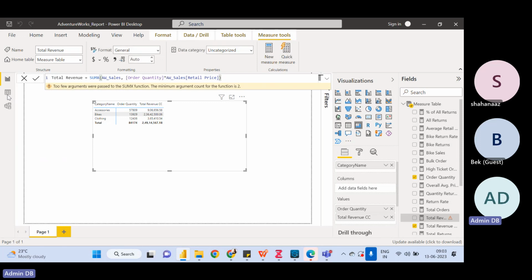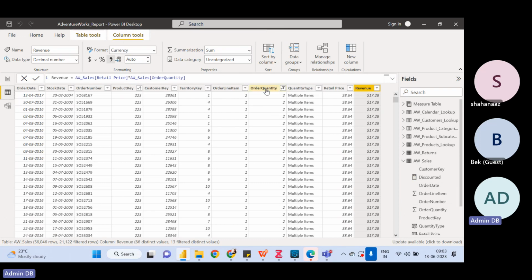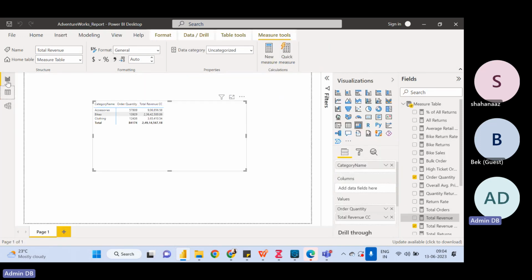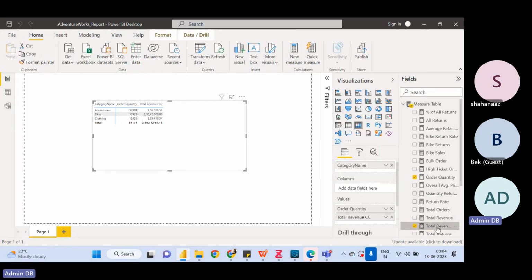So let me go here and talk about this. You have order quantity and you have retail price. How have you calculated revenue? You have multiplied retail price into order quantity, right? So in each row, you have multiplication of retail price into order quantity. That is basically your revenue, right? So the same formula, retail price into order quantity, we are applying over here under total revenue